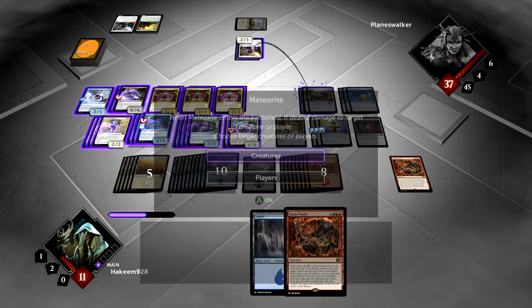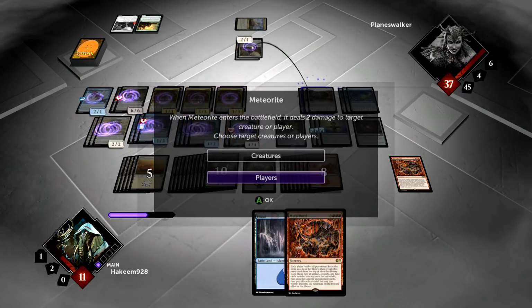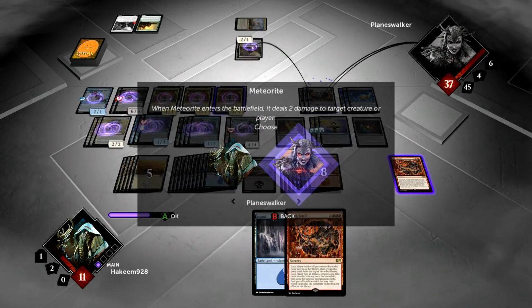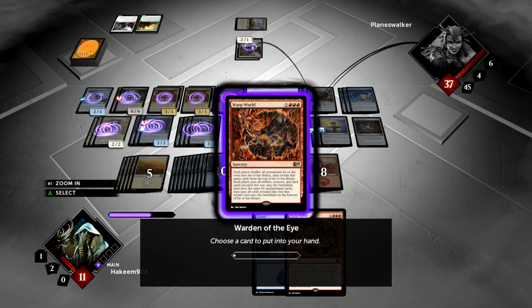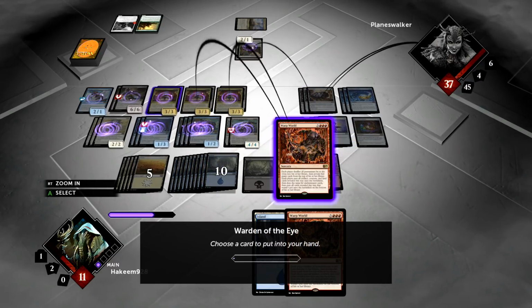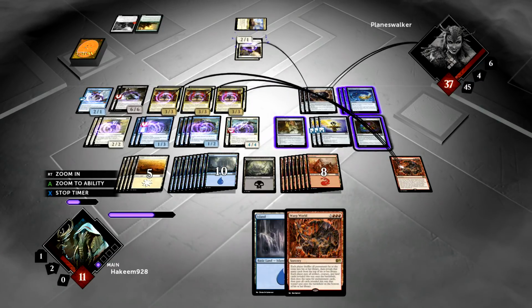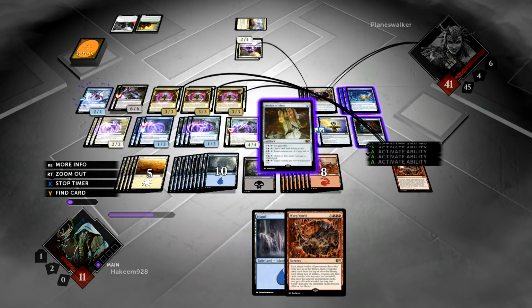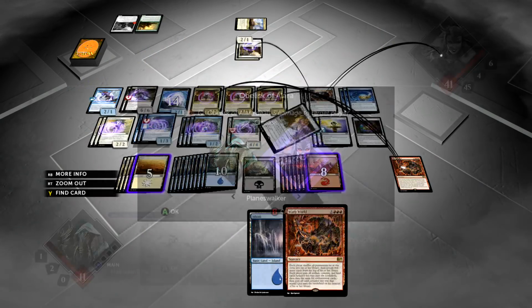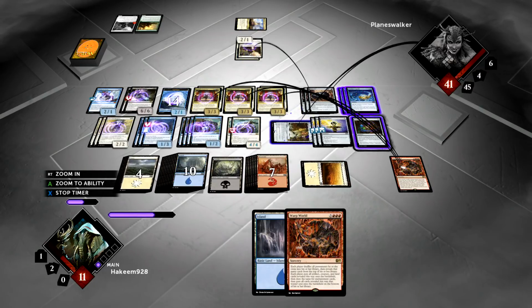Yeah, because I want Meteorite to take that out. Actually, I should have used Obelisk to take it out. Players, Planeswalker, because I'm trying to burn him out with... although no, Obelisk does 3 damage to his face. Warden in the Eye is going to get back that. Yeah, Meteorite does 2, Obelisk does 3, so...